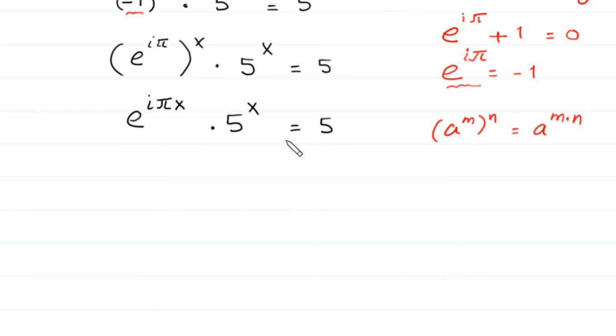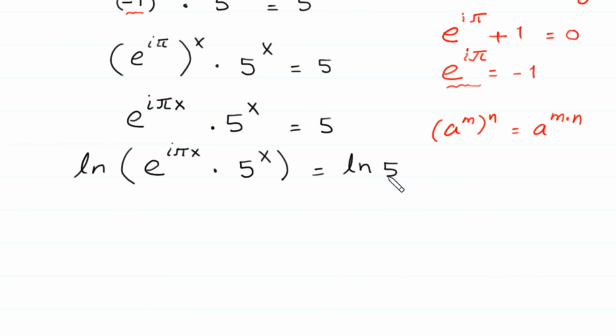Now from here we take natural log of both sides. ln of e to the power i times pi times x times 5 to the power x is equal to